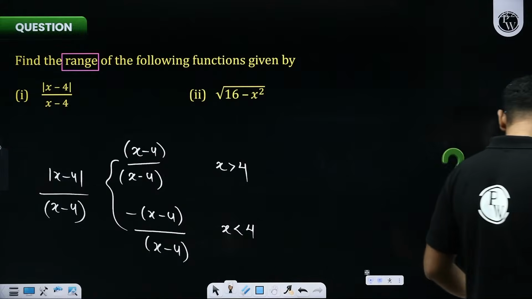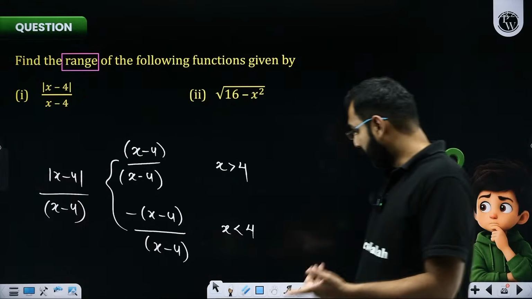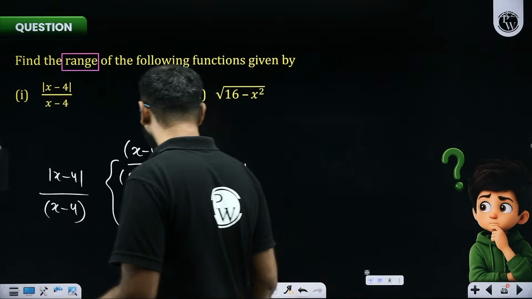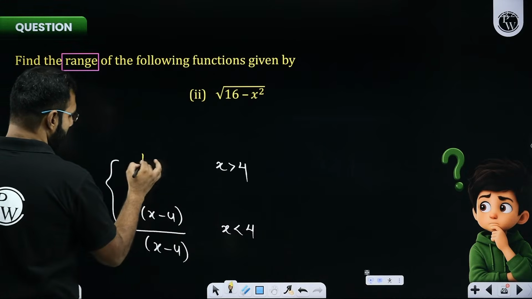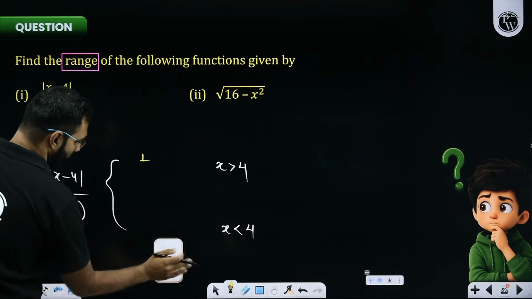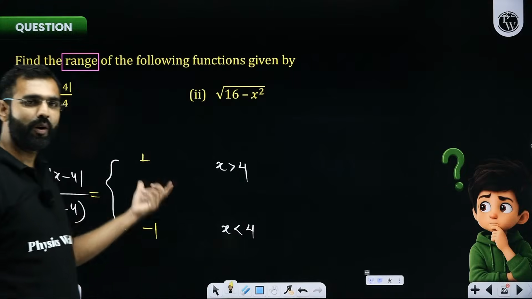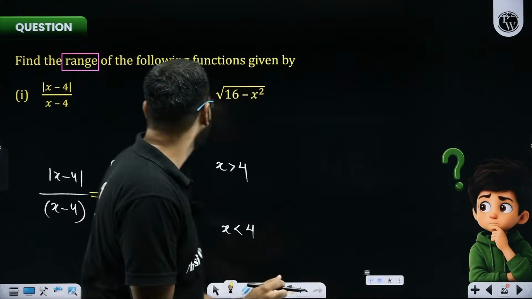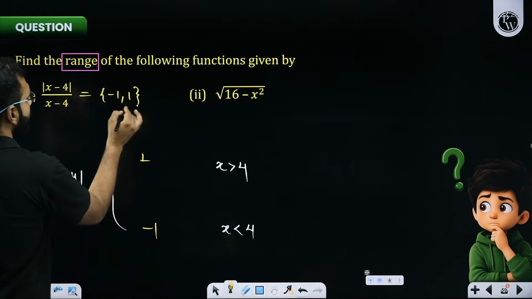Aren't we, students? I hope everybody must have already noticed it, but I have tried simplifying it because we have done it in the Signum function as well. So I hope it makes complete sense. So x minus 4 by x minus 4 is clearly 1. That's minus 1 for the other case. So we are defining this function as either 1 or minus 1. That's it. Our job is done. Yes or no? So this function has its range as either minus 1 or 1. That's it. Only two values.